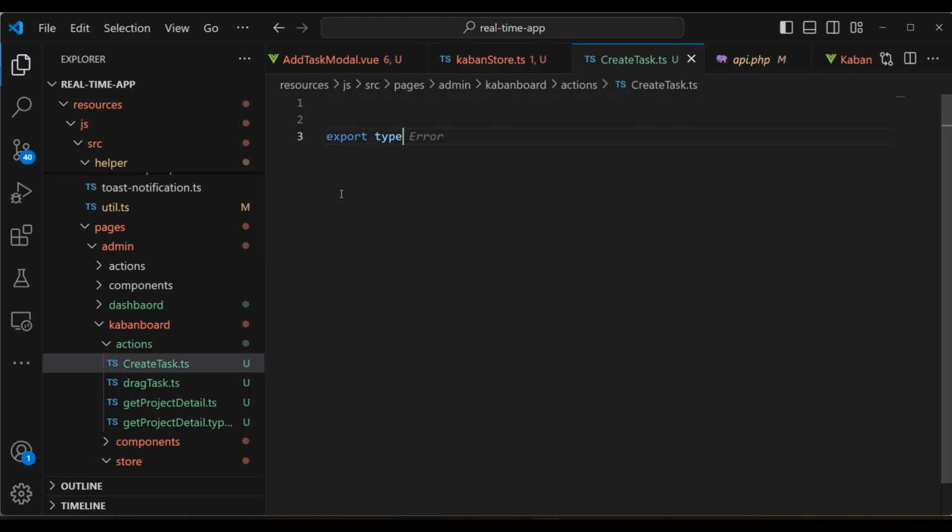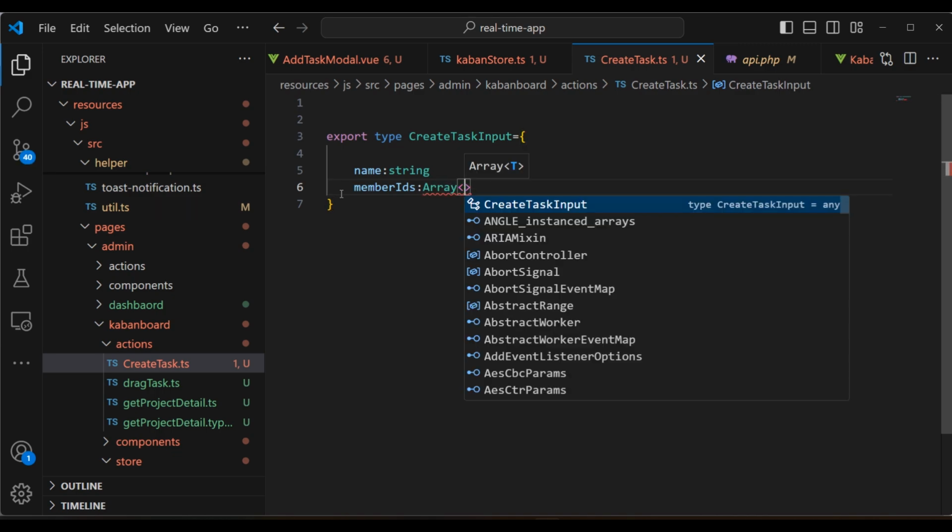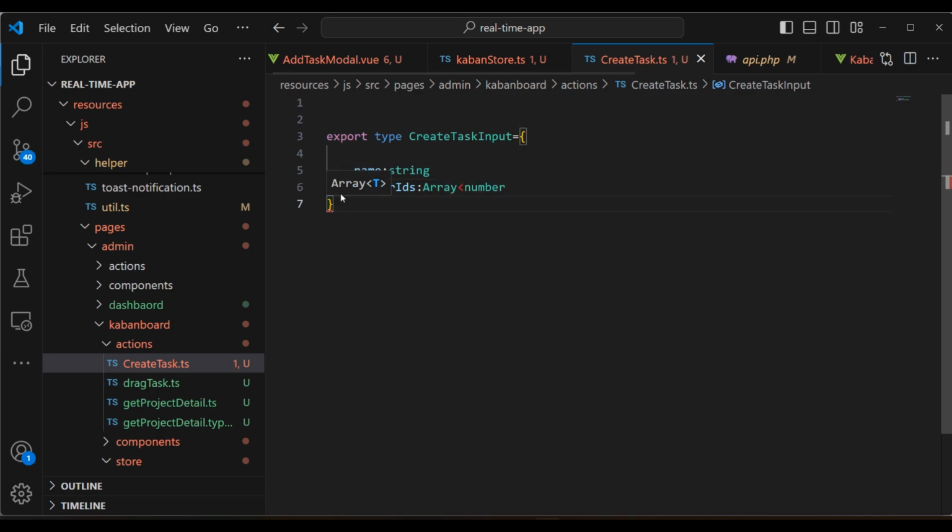I'm going to say export type create task input, and it is going to have the name property, the name, the members, the members ID, and it is going to be an array of ID. We're going to pass here number, but also we're going to pass it the project ID,